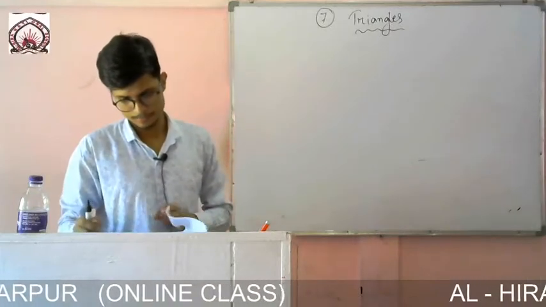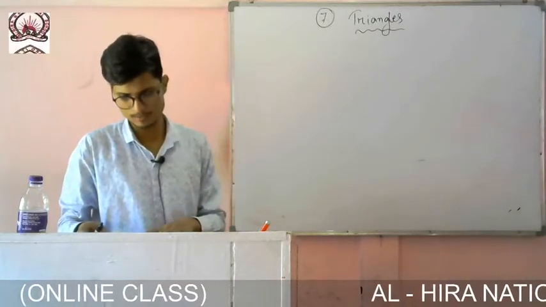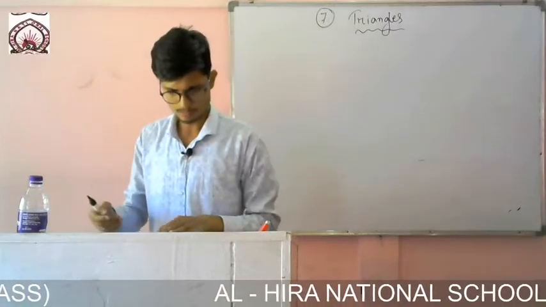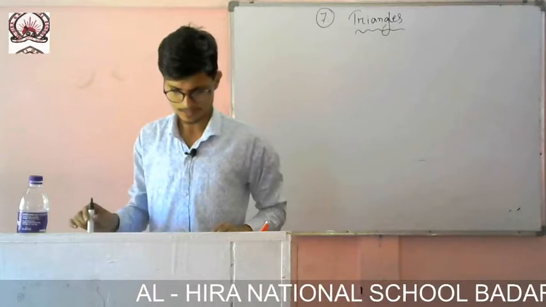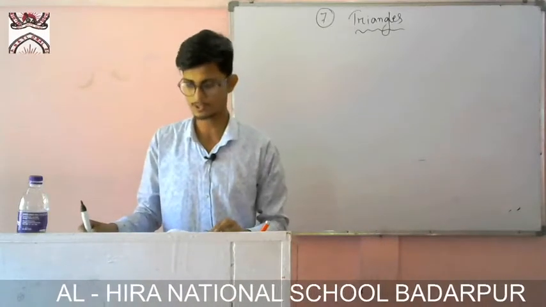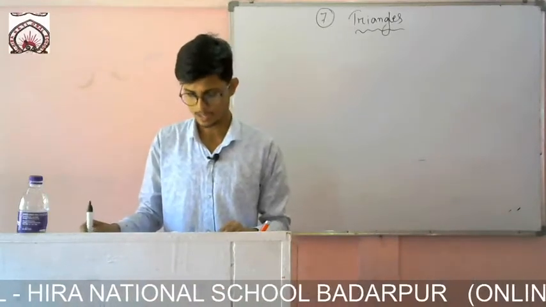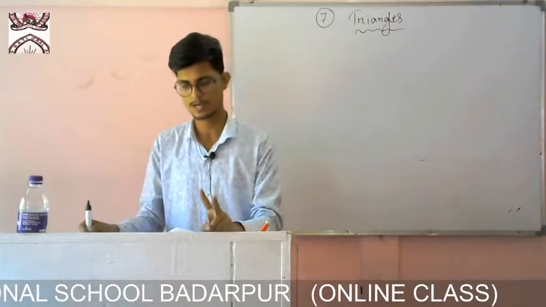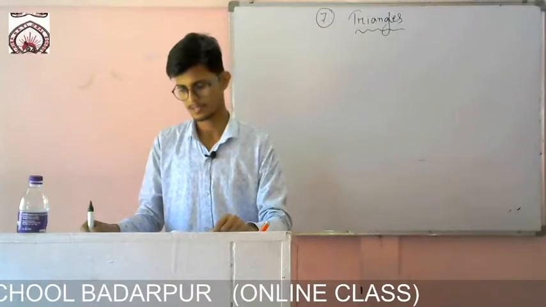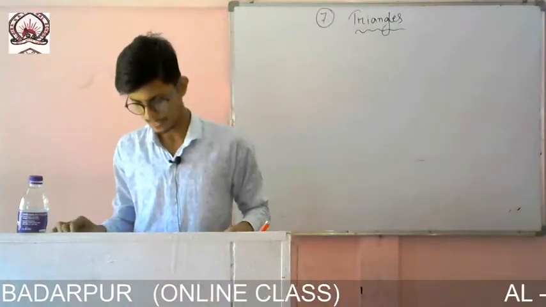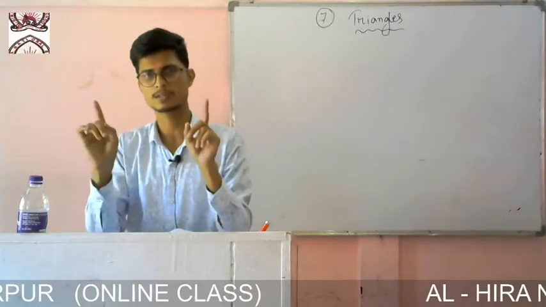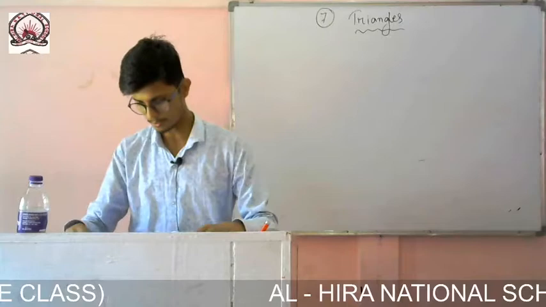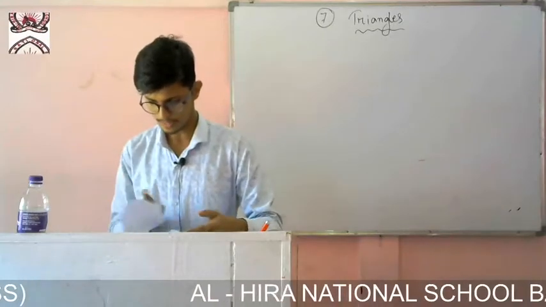It is also the same, but here the congruency criteria will be used the most, RHS being one more. One is SSS, that is side: if three sides of a triangle are equal to the three sides of another, then we can say that the two triangles are congruent. Or RHS: one right angle, one hypotenuse, and one side equal. In the case of two triangles, if each has one right angle, both hypotenuses are equal, and one pair of sides is also equal, then we can say that these two triangles are congruent.